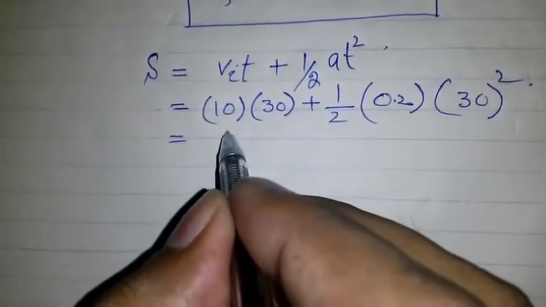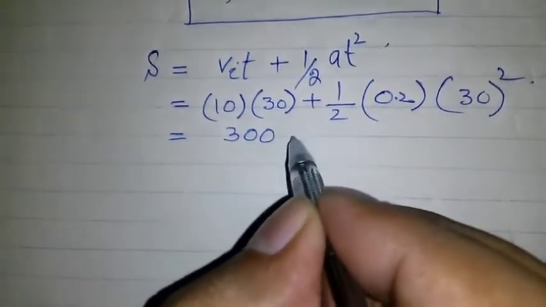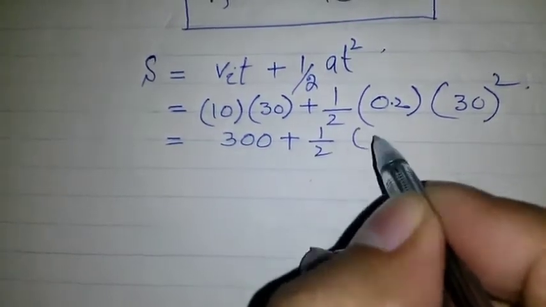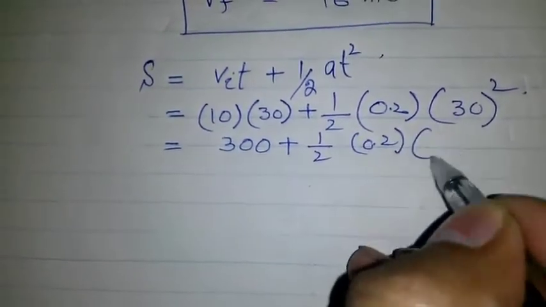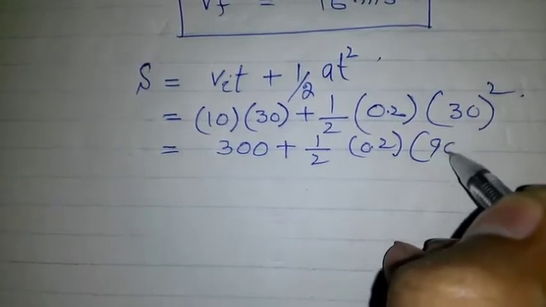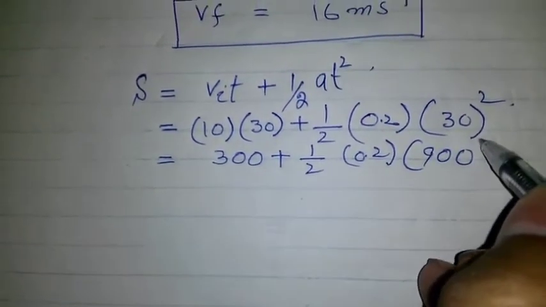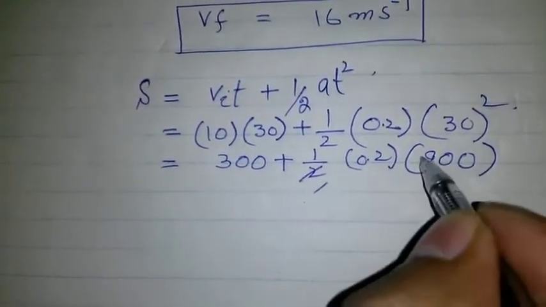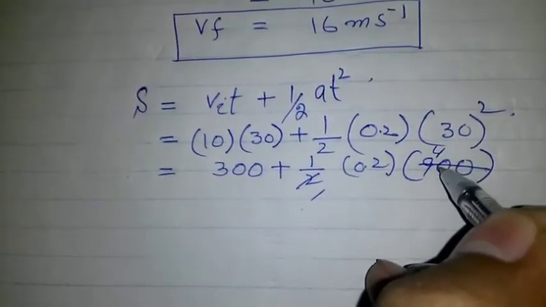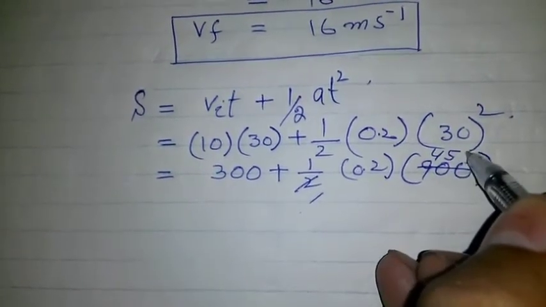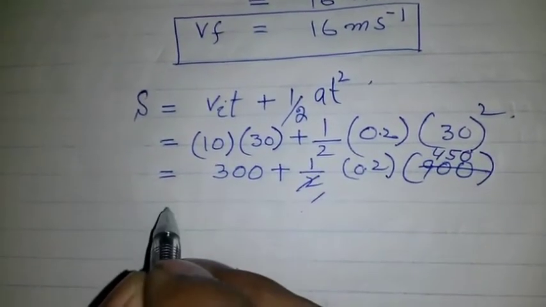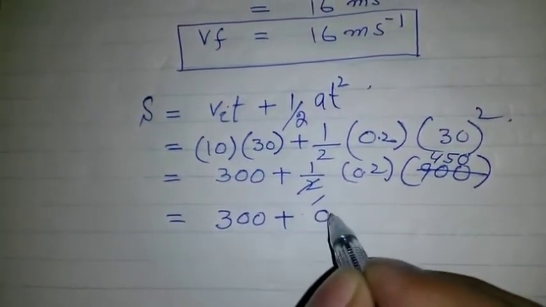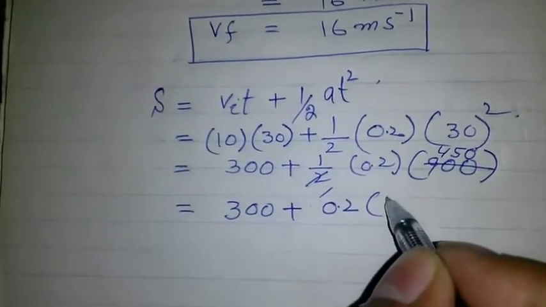Thirty tens are 300, plus 1 over 2 into 0.2 into 900. 2 1s are 2, 2 4s are 8, 2 5s are 10, 0. Now we got 300 plus 0.2 into 450,